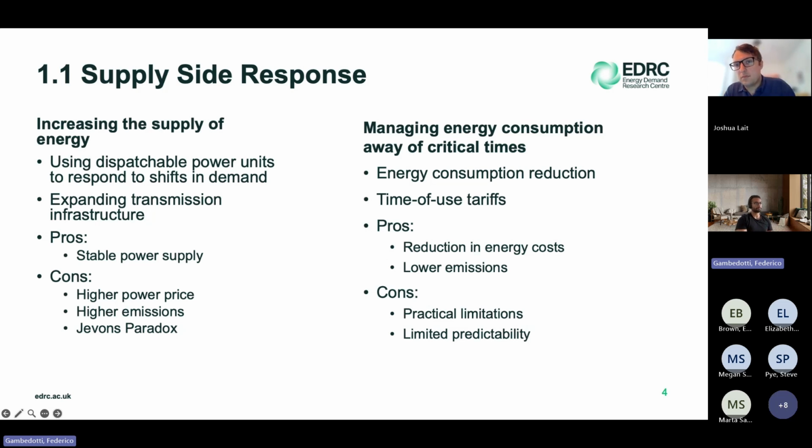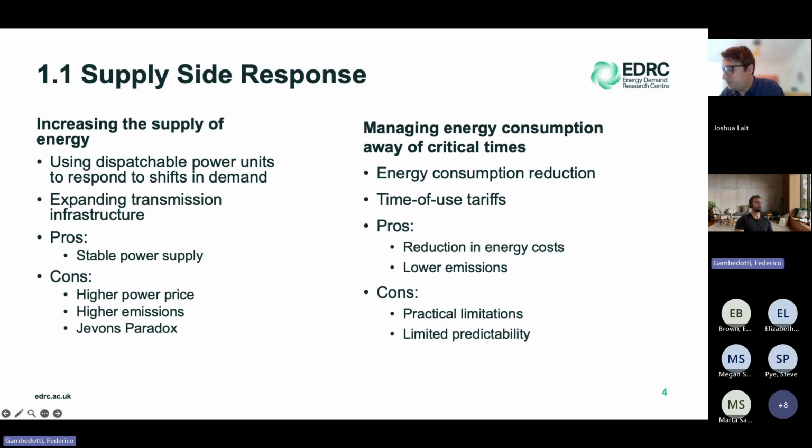And then there is high emissions. And then obviously there is the paradox that if we have so much power, we're not incentivized to reduce, which is not great for the environment. But as we move towards net zero targets, we're looking at demand side flexibility or demand side management. So we want to move away from supply side response into a system where we have a fixed amount of renewable power, and then we want to change our demand so that we don't have to resort to these dispatchable power sources. So the advantage is that we reduce cost and lower emissions,